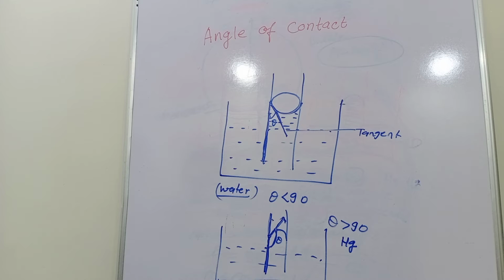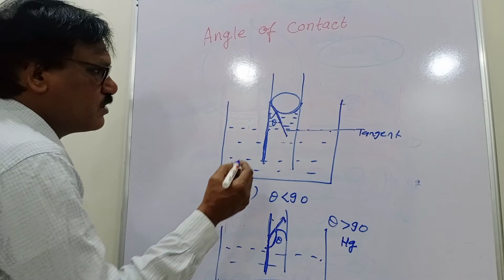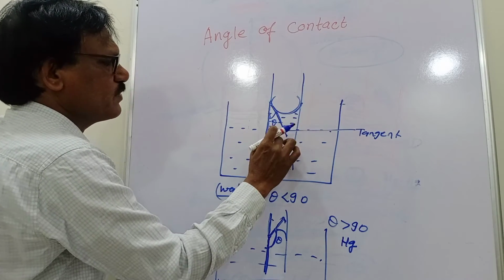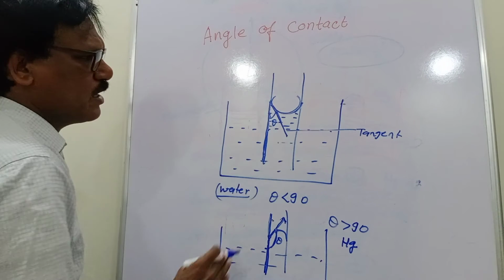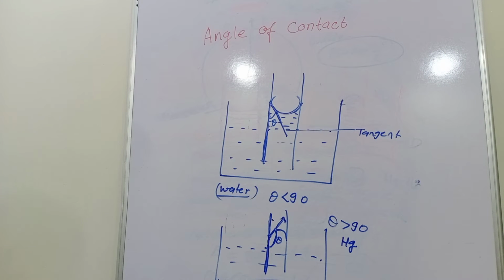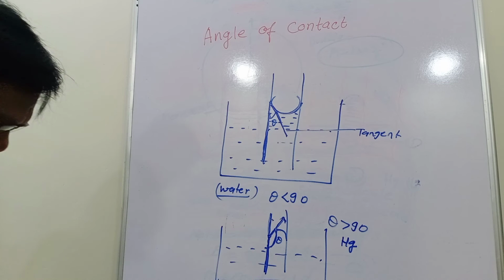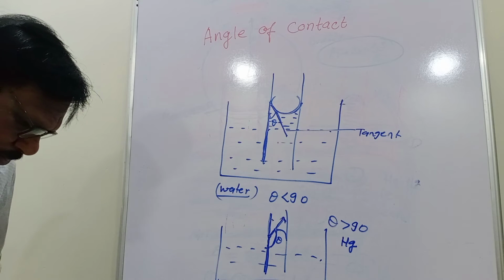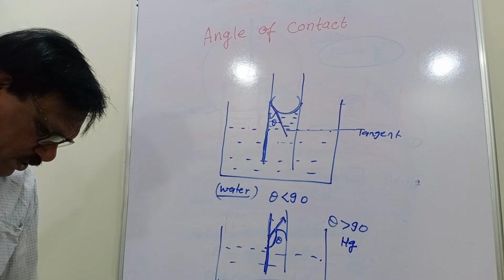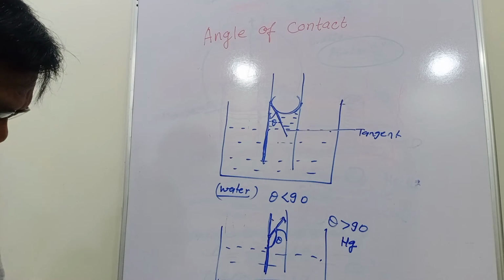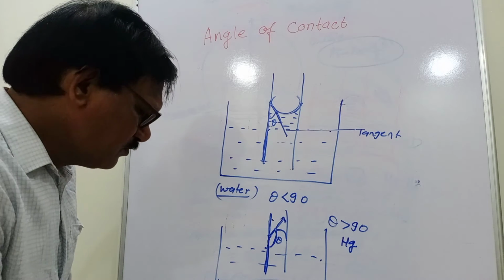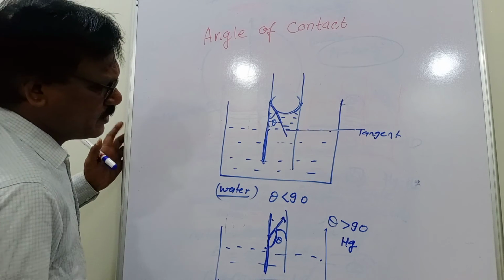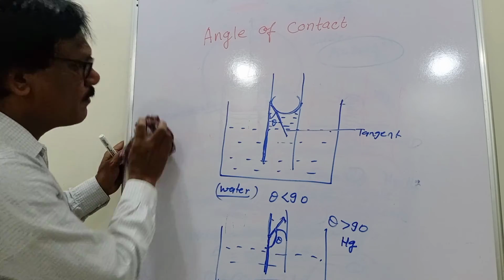So definitely there will be a pressure difference here and here. What will be the pressure difference? Because of that pressure difference, the pressure here will be more, and the water rises. That rise in water is called the capillary rise. And this rise takes place even though gravity is there, but gravity does not play any role in the rise of water. Let us see what capillary actually means.